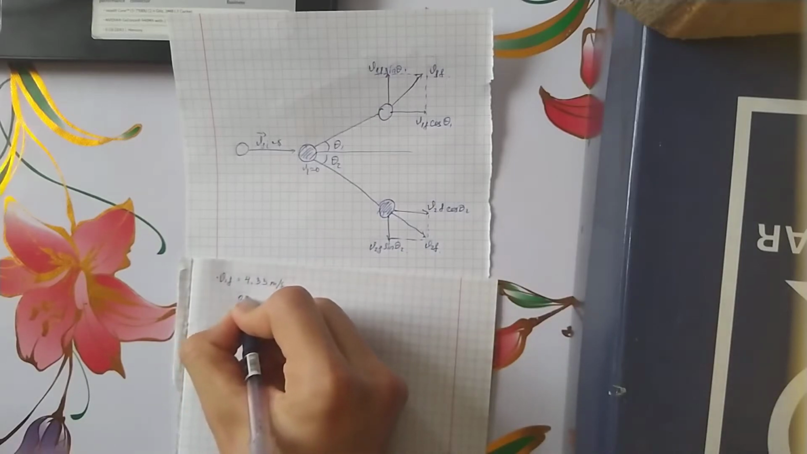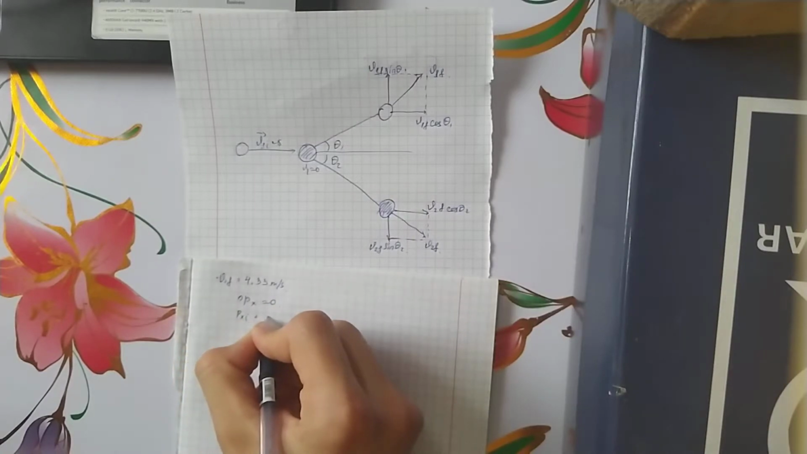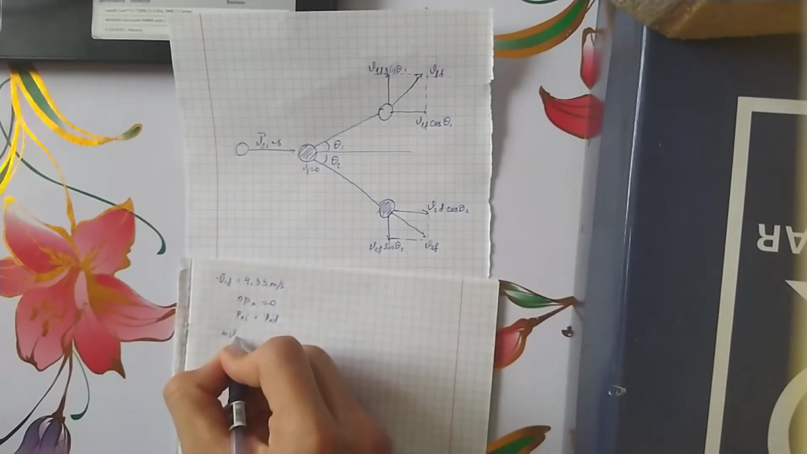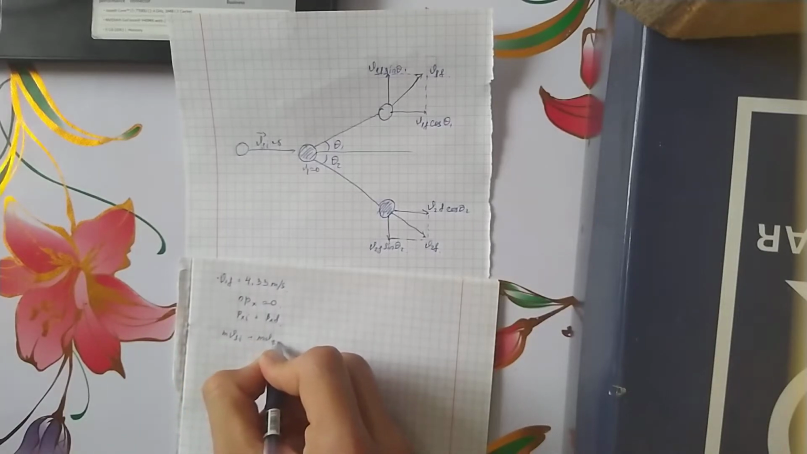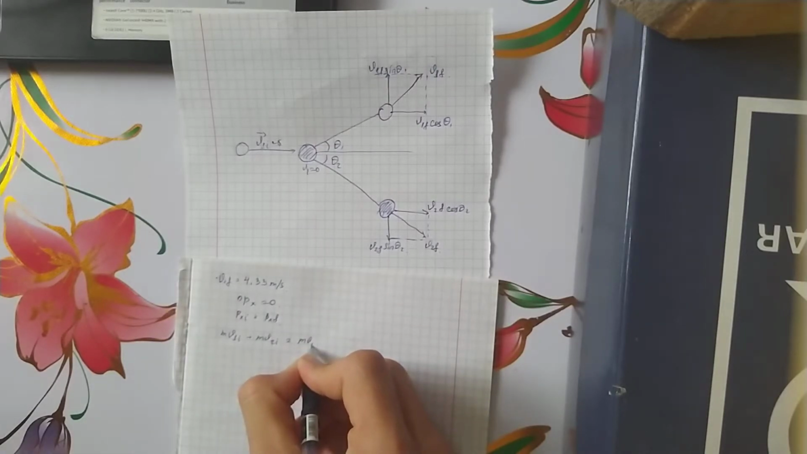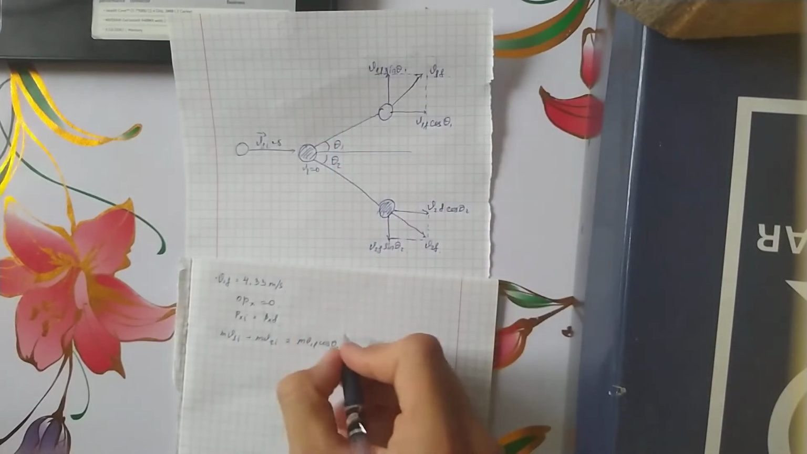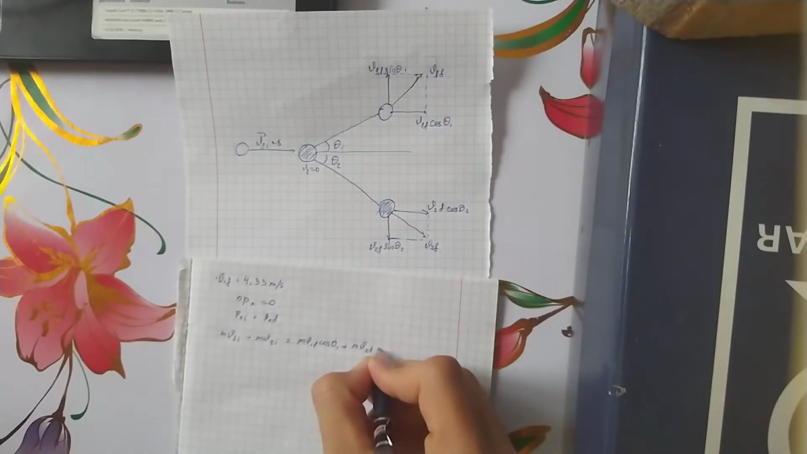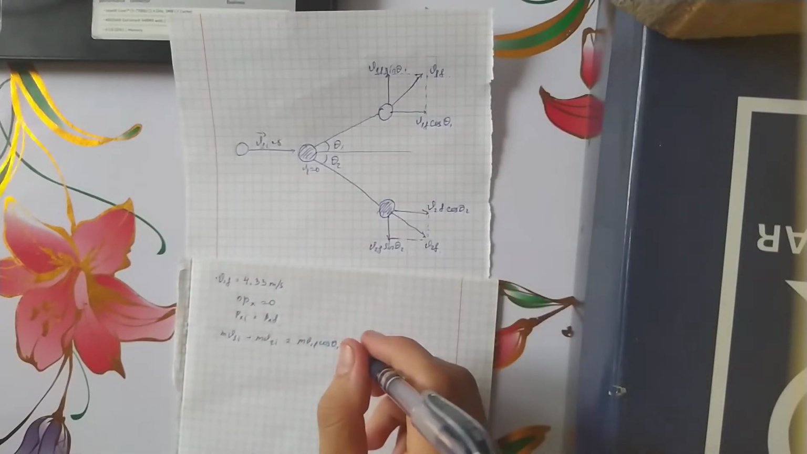Delta px equal to 0. Px initial equals px final. So m v1 initial plus m v2 initial equals m v1 final cosine theta 1 plus m v2 final cosine theta 2. So